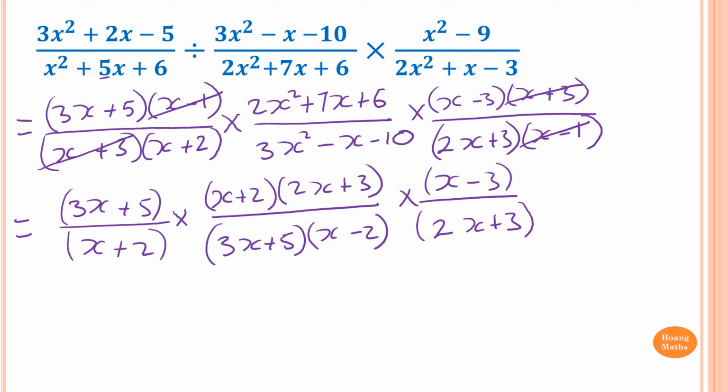So now what I do, I just simplify by cancelling. Can I see anything there? So x plus 2 here, I can see that. Anything else? Yes, 3x plus 5 with this 3x plus 5. And there you go. I can see 2x plus 3 with this 2x plus 3. And that's all. So what is left is x minus 3 all over